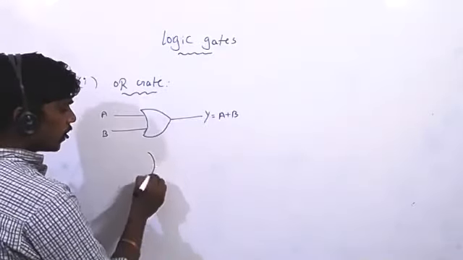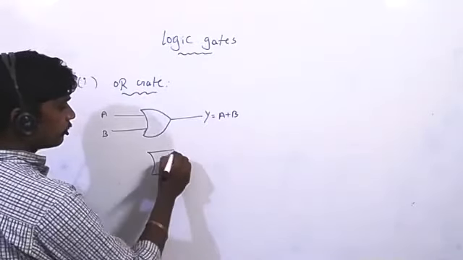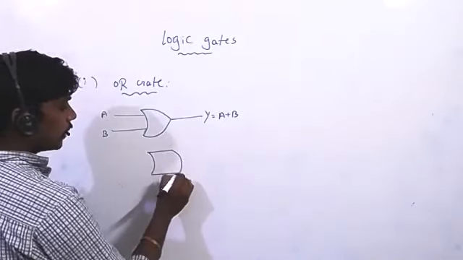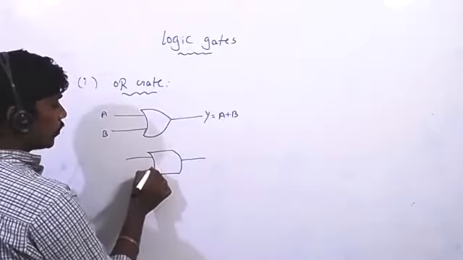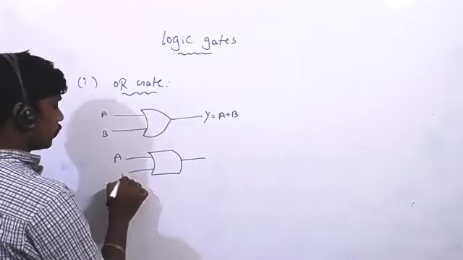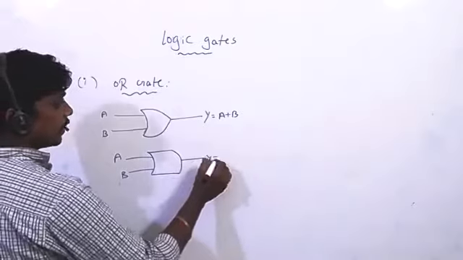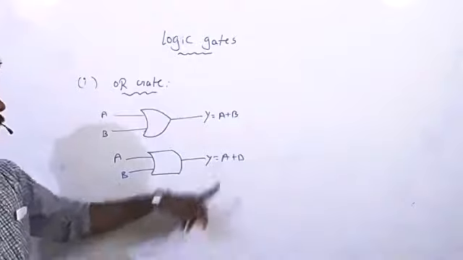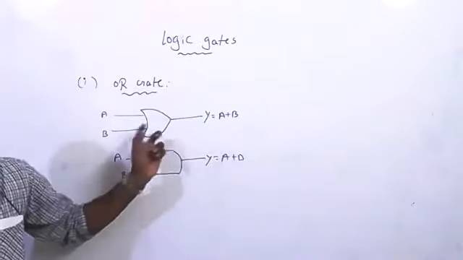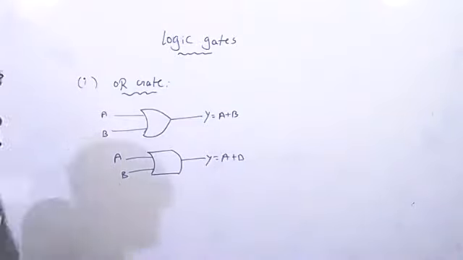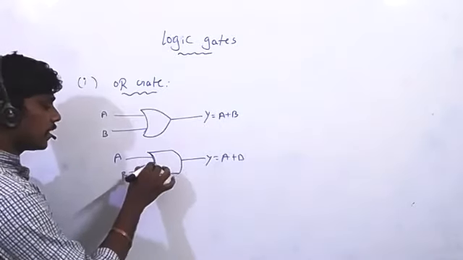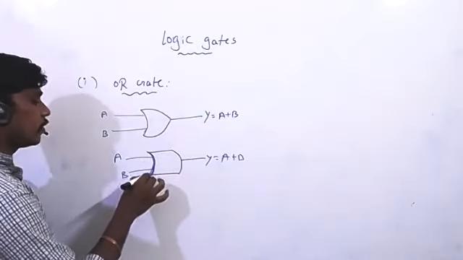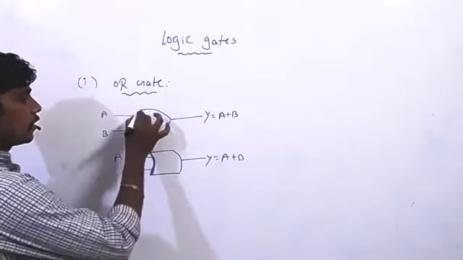In books you can see it drawn like this also. So it is also the OR gate only. Don't get any confusion, same thing. A plus B. There are two inputs, and I got only one output, that is the sum of the two inputs. So to remember the OR gate, remember this thing. The remaining gates, when you observe them, you can find, don't worry. So remember this.